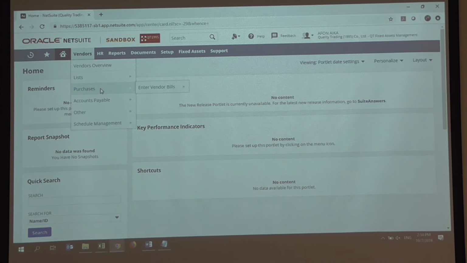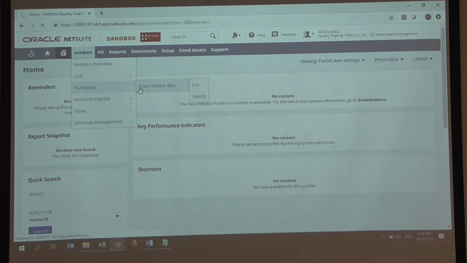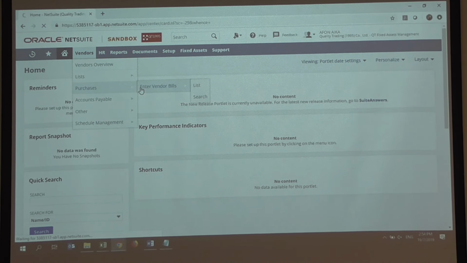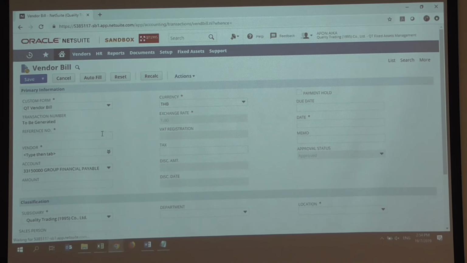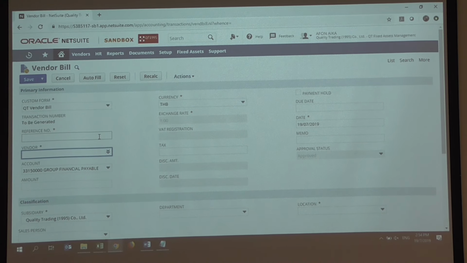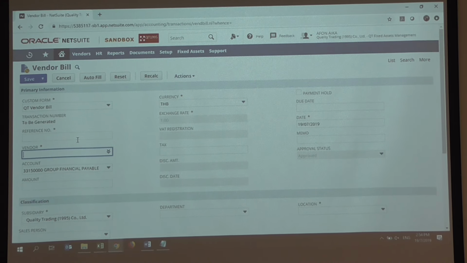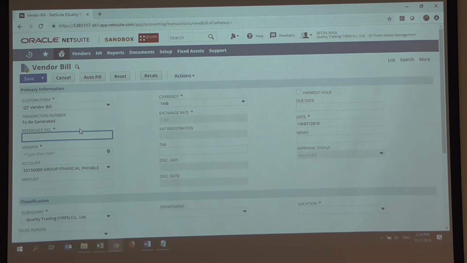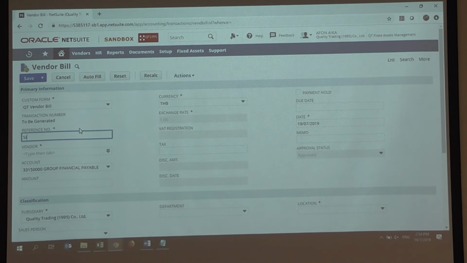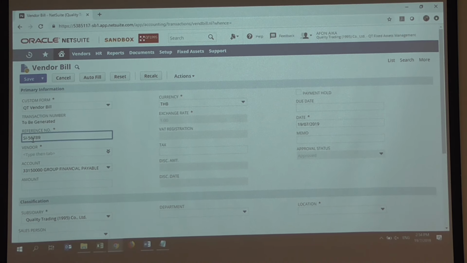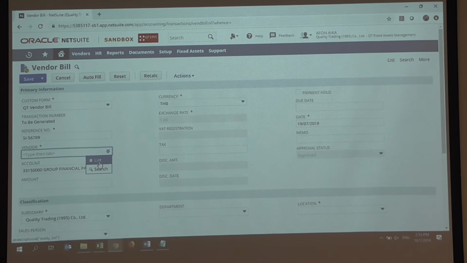Okay. I will start with my vendor bill. So, create a vendor bill for the purchase of our fixed asset. I know you have given me the list of your fixed assets last Monday, but I have had no time to import them yet. I was expecting it last Friday. So, same thing, vendor bill, you just type in your reference number, select the vendor. So let's say,